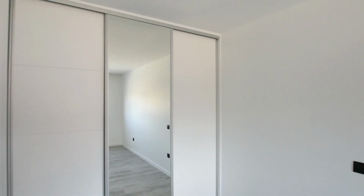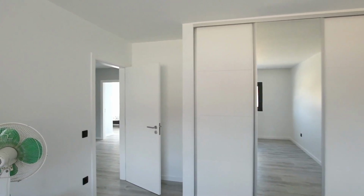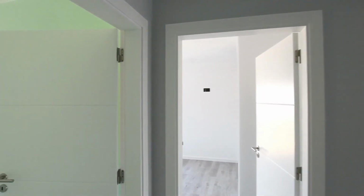So, passing the bathroom where we were just a moment ago, we have the 3 final rooms on this floor. At the moment, no furniture in here, so it's just a large bedroom. Again, walk-in wardrobes, plenty of space, good height. And as we come, this room goes out to the front of the property. So the windows go out to the front. There isn't a patio door there. And the room on the left now is